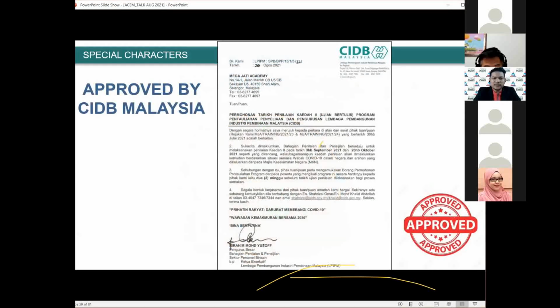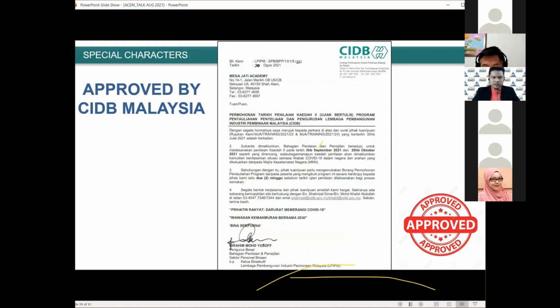Okay, now approved by CIDB Malaysia. Thank you, CIDB Malaysia. I think one man is also here. We just received the letter a few days ago. As I mentioned, we have one exam on 3 September, but we don't decline that, because we have a small group of 25 participants. We want to utilize that quota first. Then on 26th October, we are expecting more than 50 participants.